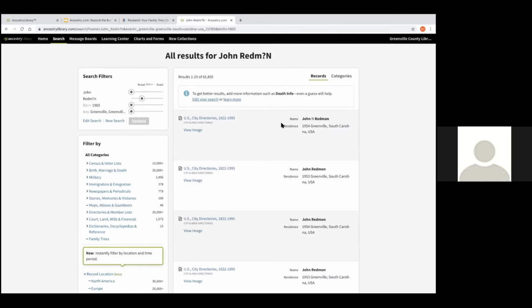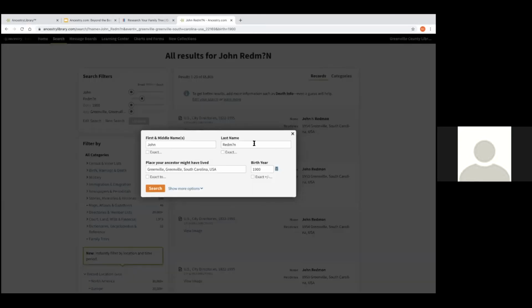We can use an asterisk, which will actually take the place of 0 to 5 letters of a name. So how do we do that? I can easily go up here to edit search, and then I can try it with the asterisk. And since I'm looking potentially for Redmond with a D, Redmond with an O, and Redmond with an A, I'm going to put the asterisk right after the M there. So theoretically, I should return all 3 of those variations when I click search. So let's see what happens.